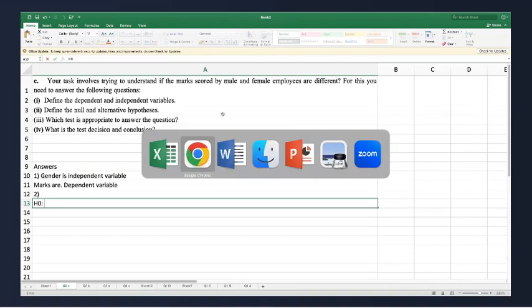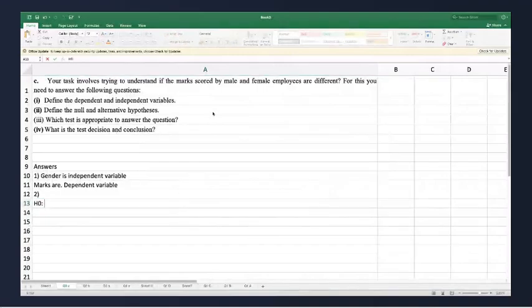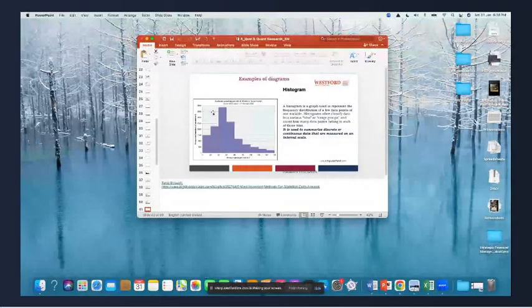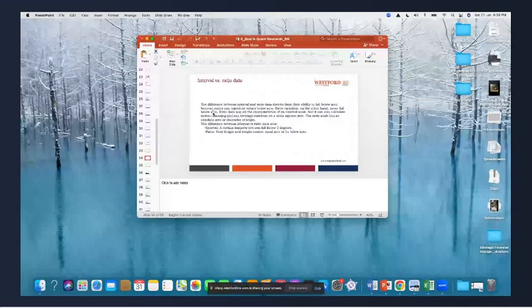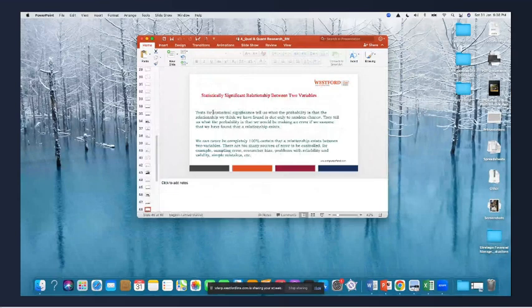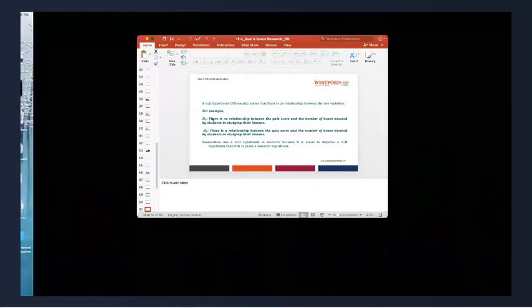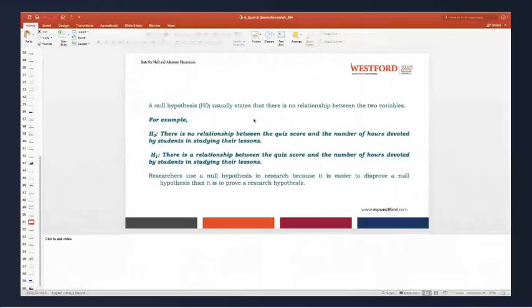What was the null hypothesis that we were understanding? I'll just show you here. Yeah, so always null hypothesis says that there is no relationship, or there's no significant relationship. And alternate says there is a relationship.